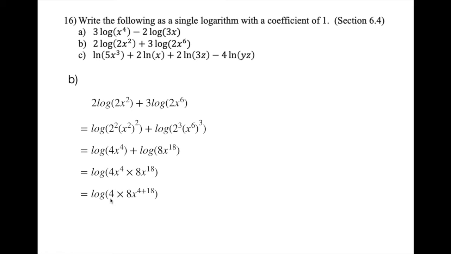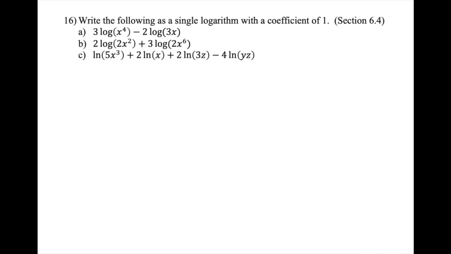And we'll rearrange that, put the numbers together, 4 times 8, and put the exponential expressions together, x to the power of 4 plus 18. So that will become 4 times 8 is 32, and x raised to the power of 4 plus 18, which is 22. So that's your final answer for part B. Part C,